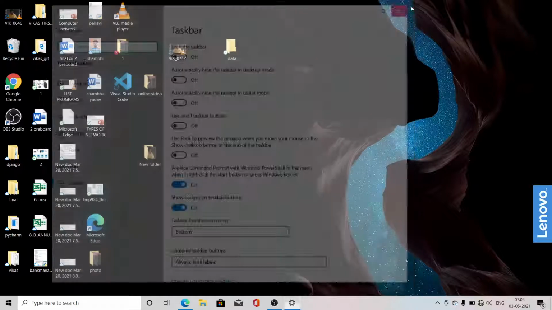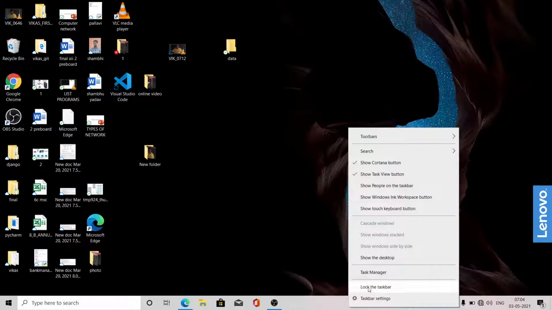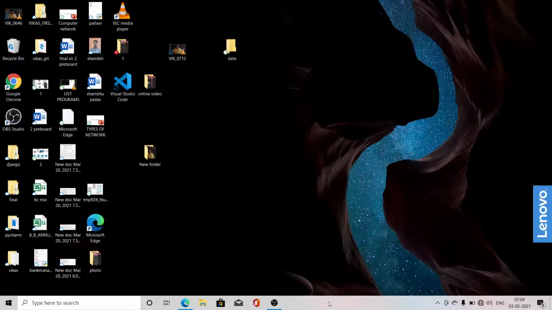This one is not a property. Clear? So this one does not appear in Windows 10. In Windows 7 it is a feature. After that you can move the taskbar anywhere, but it is not available here in Windows 10.